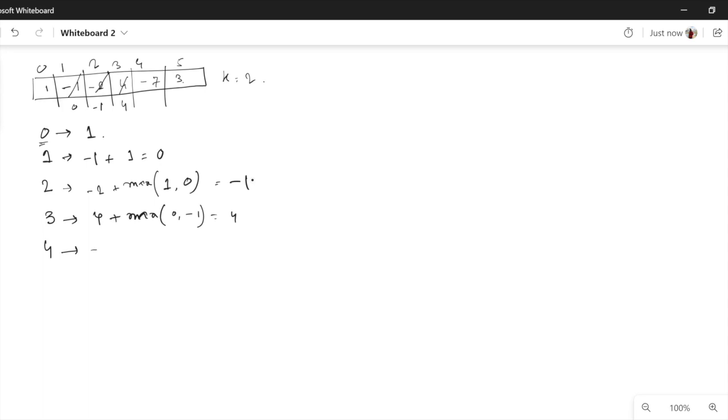Okay, so we have to consider minus 7, and then the maximum value to reach index 2 and index 4, this is minus 3 because I'm picking 4 only. Now for index 5, I have to consider 3 plus the maximum value of, okay, let's update this thing to minus 3. I can go from index 3 with the value, the maximum score to reach index 3 is 4,